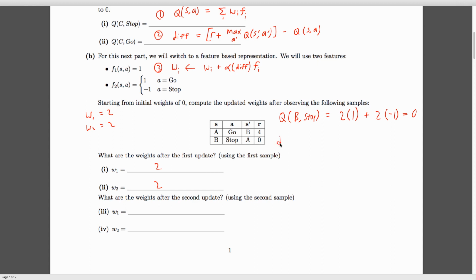The second step is to calculate the difference. So the reward for taking this step is 0. And then after taking this reward, now you're going to be in state A. So we have to calculate the max possible Q value once you're in S prime, which is A. So in this case, because the weights are not 0, you can't just assume that both Q values are 0, and you should probably try to compute the Q values for both Q of A, go, and the Q value of A, stop. So for A, go,